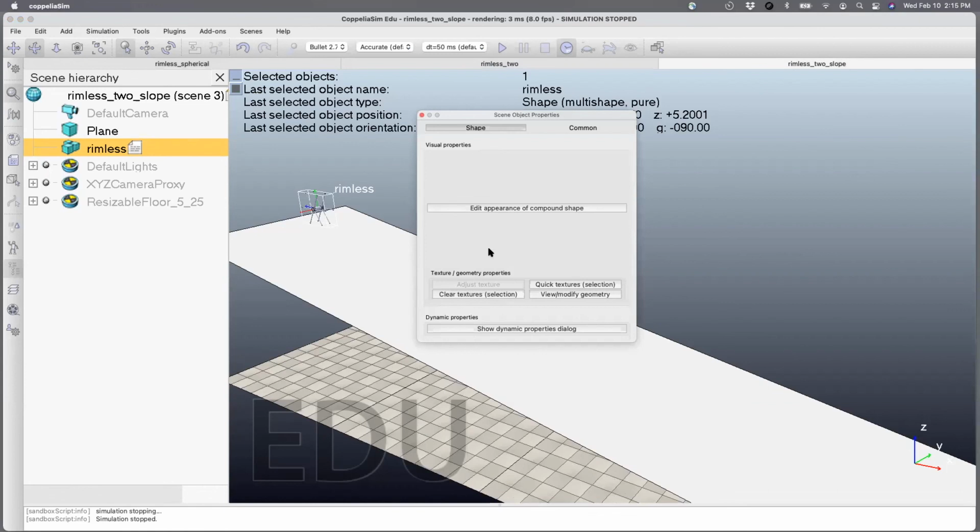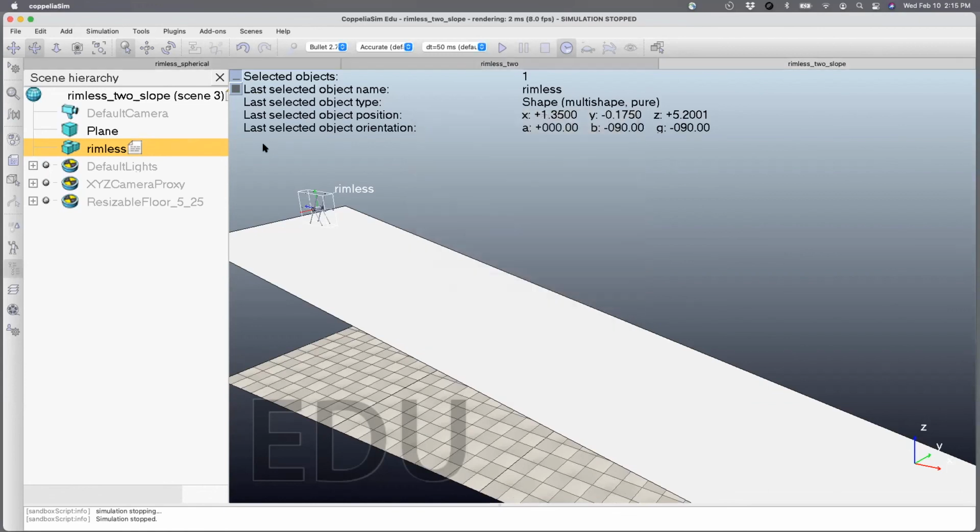No. Because I bet you that if you try to create this simulation again, you will end up with a different answer. Okay, so we might be able to build it in SolidWorks, right, and then